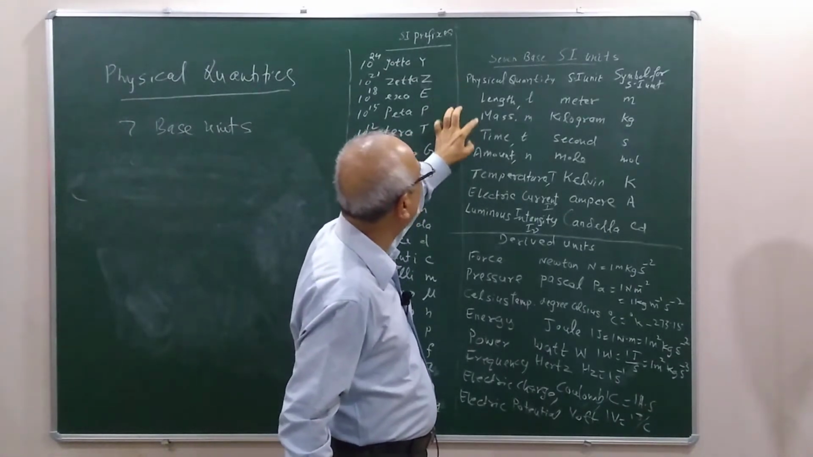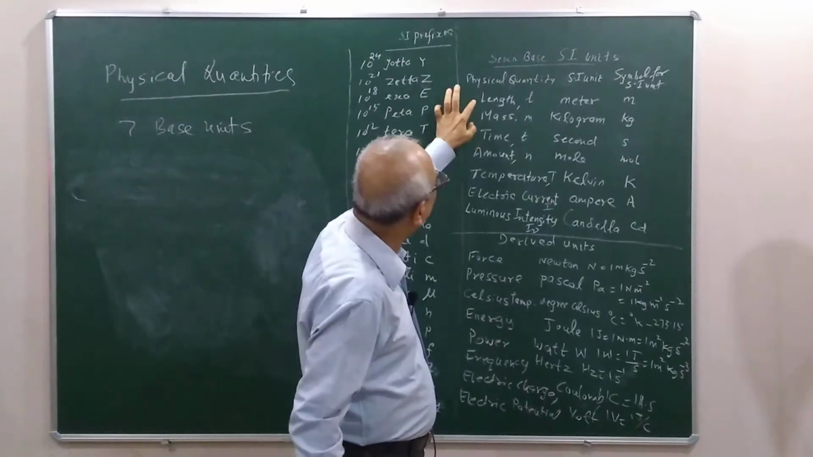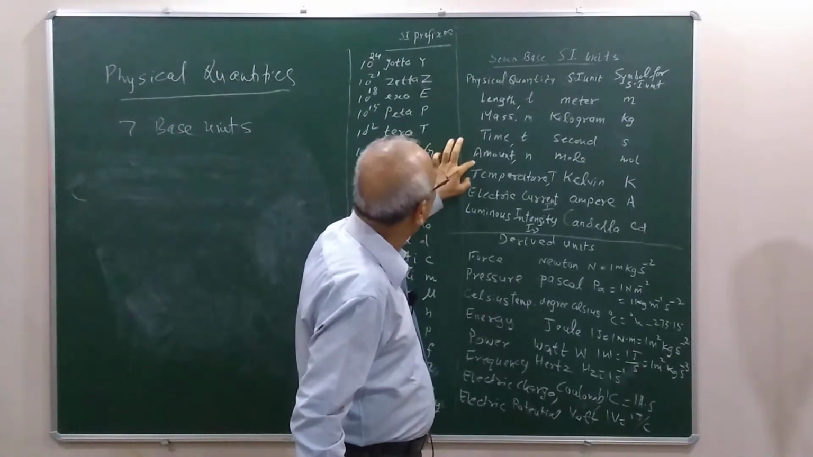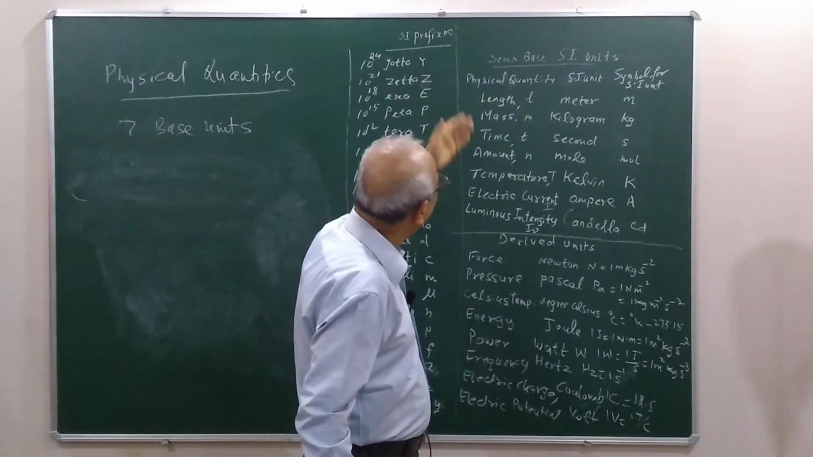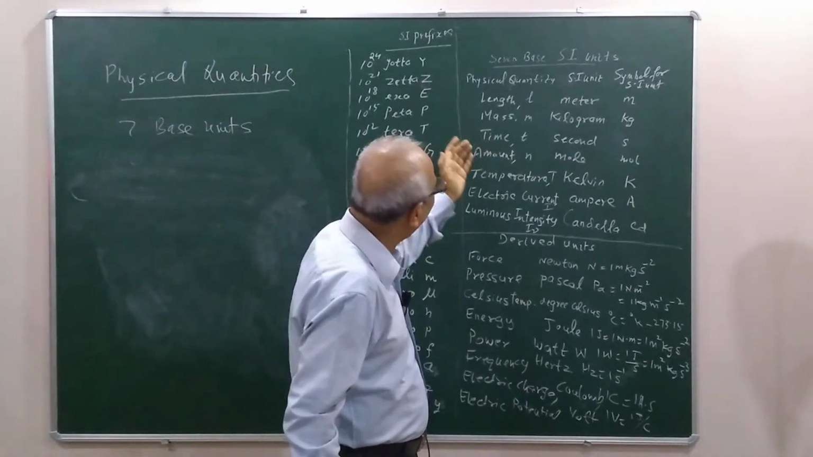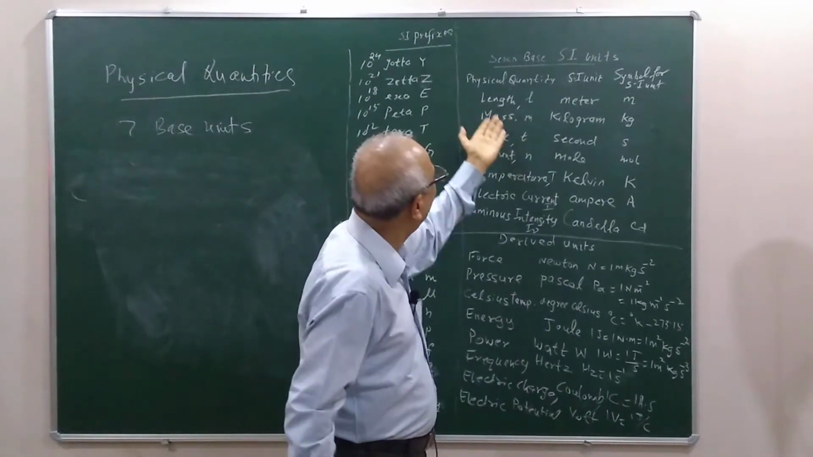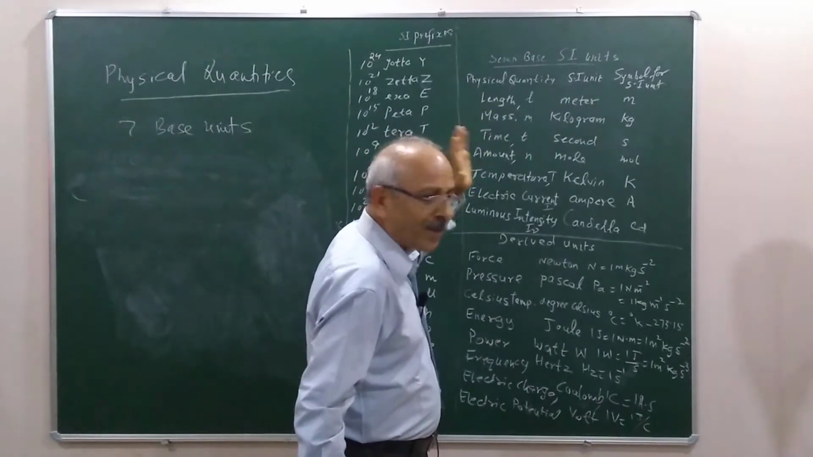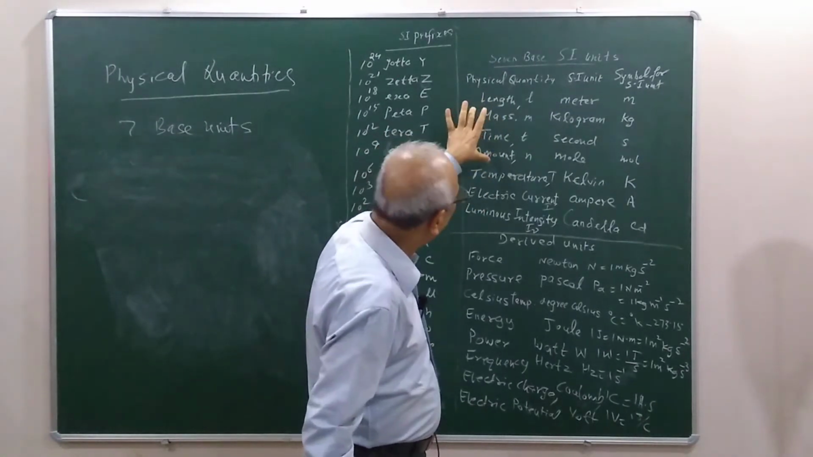There is no relation between length and time. Similarly, there is no relation between length and amount. There is no relation between length and time. Each unit is independent and cannot be expressed in the same physical quantity, which we have listed as 7 fundamental